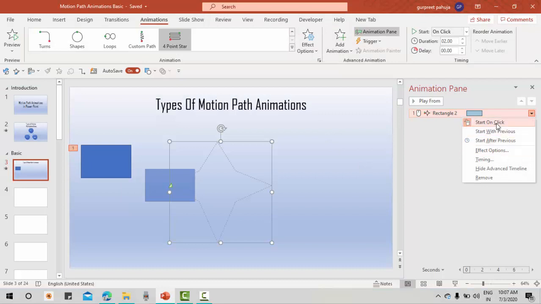Start on click, with previous. Start on click means once you click, then the animation will start. With previous means it will start automatically. Start after previous: if you have done more than 2 animations, then it will start once the previous animation is finished, then the second animation will start.